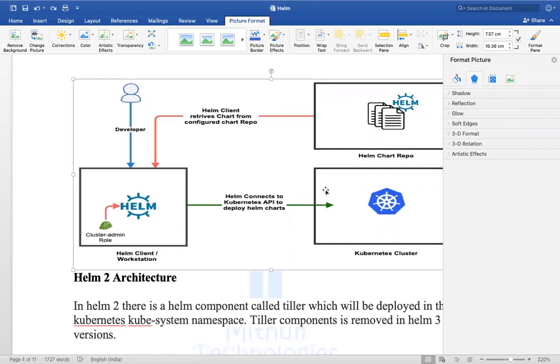Guys, Helm is not mandatory, but it is a good-to-have tool. If you know Kubernetes concepts very well, Helm is not very complex.